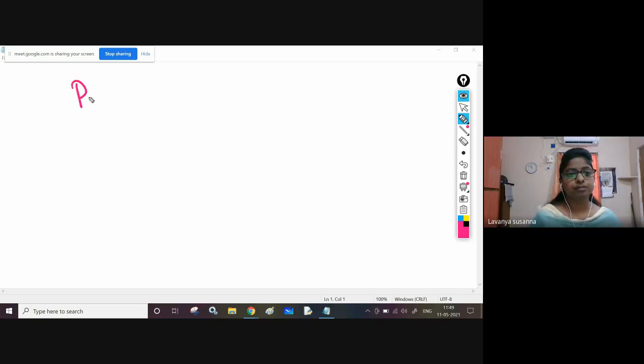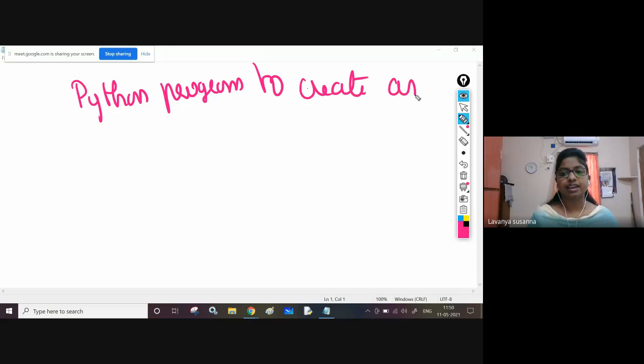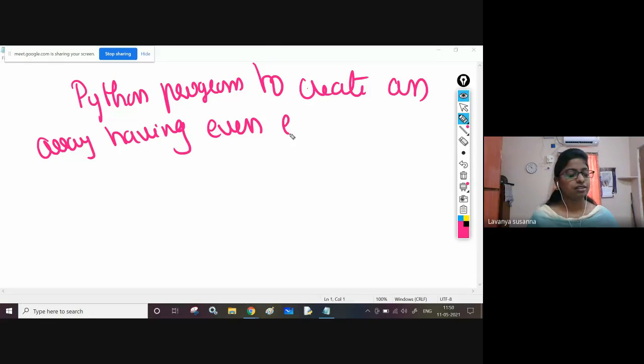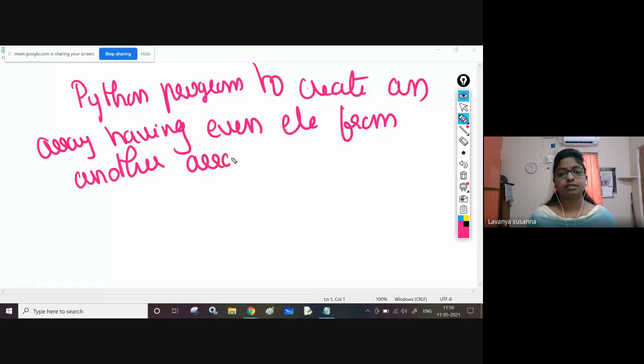Write a Python program to create an array having only even elements from another array. It's very simple. You need to create an array, okay? That array must contain only even elements. You need to take those even elements from another array.